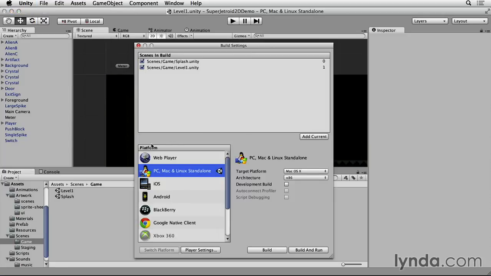From here, you'll see all the platforms that Unity supports. By default, PC, Mac, and Linux are already selected. And during this entire time while we've been building the game, we've been building towards the desktop. You can also build easily for the web player, and we'll cover both of these right now. First, starting with desktop,